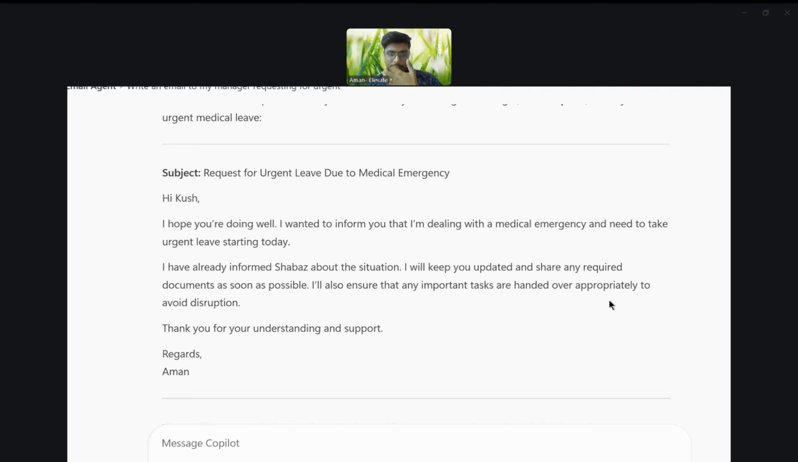Right? So this is the beauty of an AI agent. Just imagine, even if you put all this information into ChatGPT, like this is my manager's name, this is the issue, I already talked to my manager, and now I'm facing this, these are the details, it will write the mail. Okay,